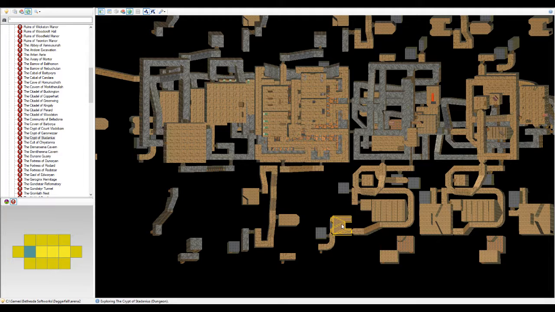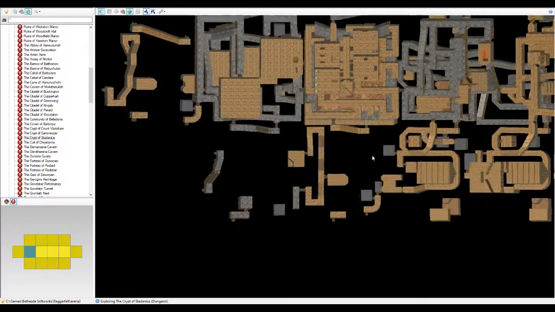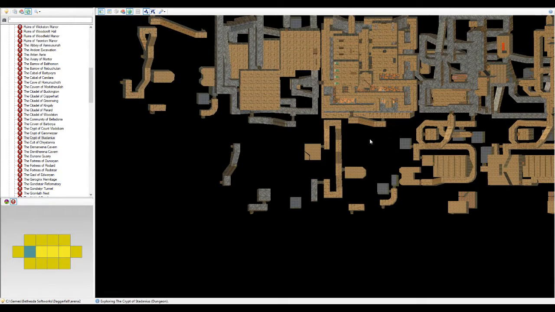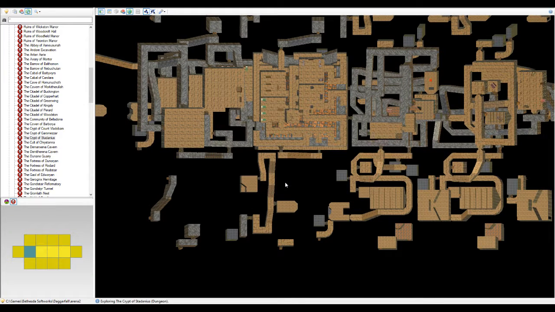The Tomb of Lysandus, and so on and so forth. They've all got these sections which are just hovering out in the void, and they're not connected to the main dungeon. To me, this is when they were randomly generating the dungeons,